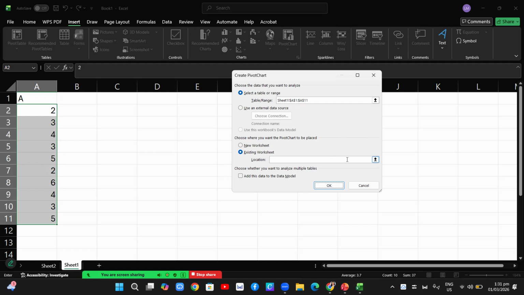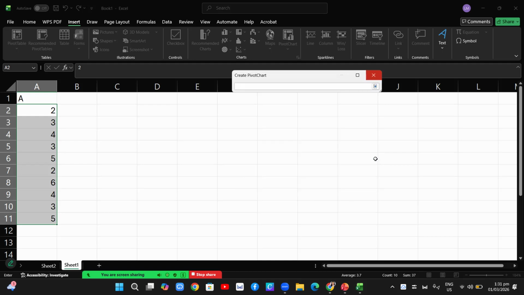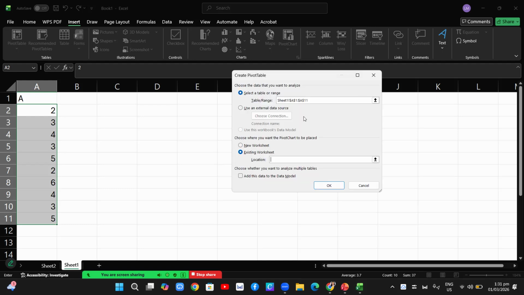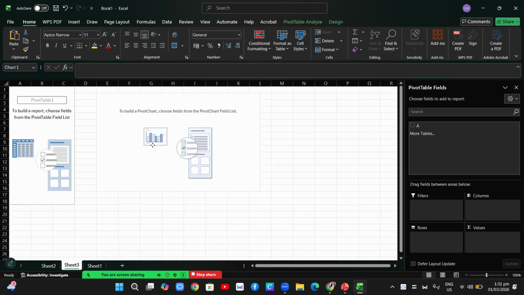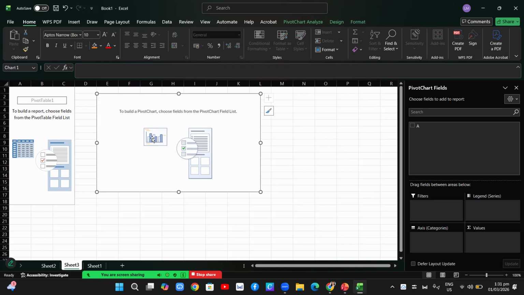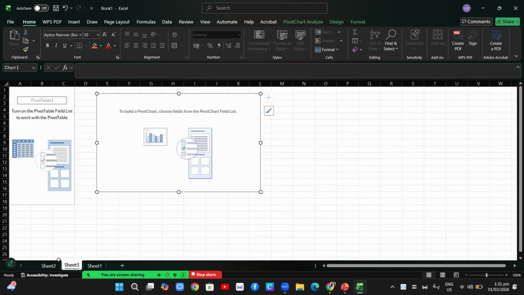Location. Okay, so this is the sample pivot chart. This is an example. You just explore Microsoft Excel so you can learn more about it.